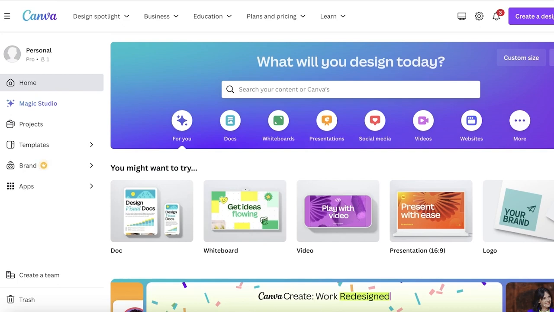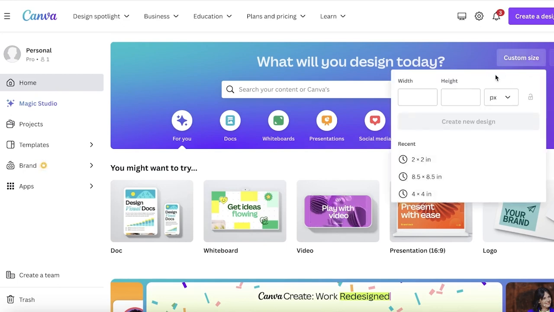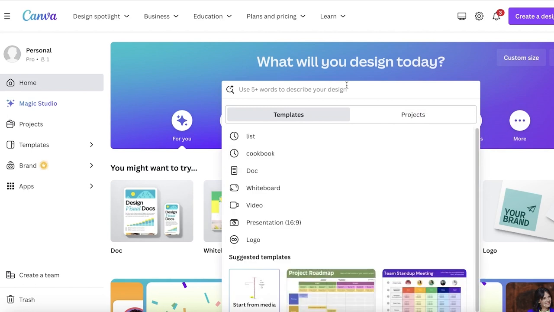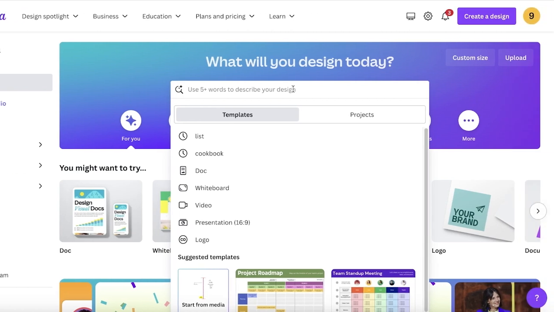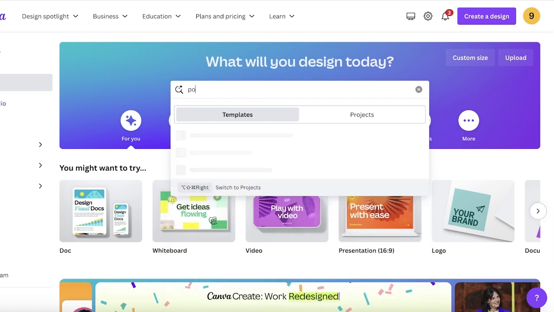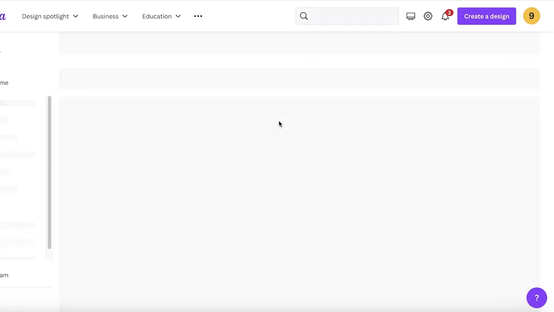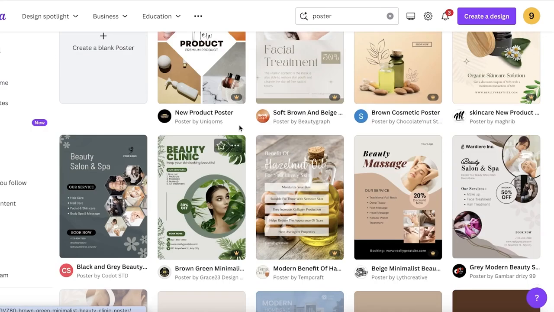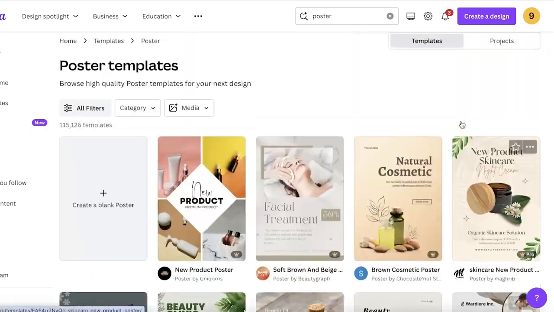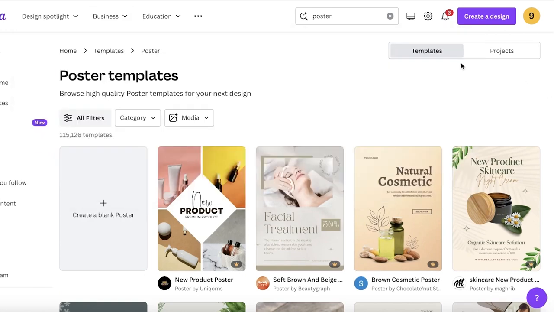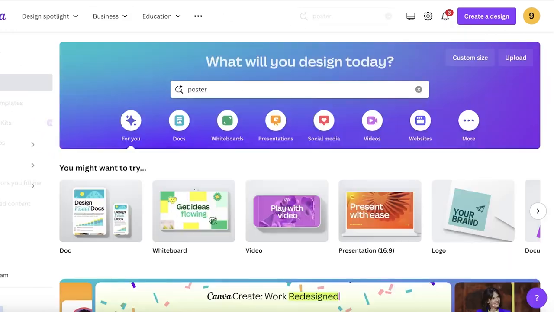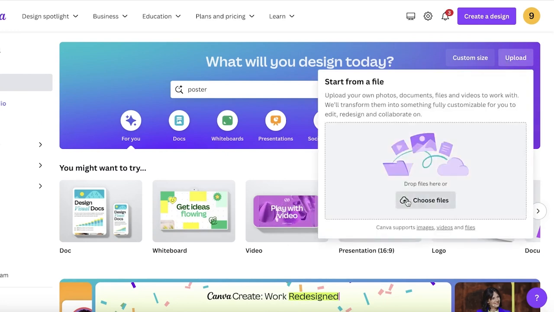Now, to get started, you can go ahead and open up a custom sized frame. You can also choose a frame from templates. So, if you have a preferred design in mind that you're looking to adjust your photo into, let's say I want to create a poster, I can just search for a poster in the templates. What this will allow you to do is see some inspiration or pre-existing templates and customize your photos accordingly. But I am going to take a blank canvas